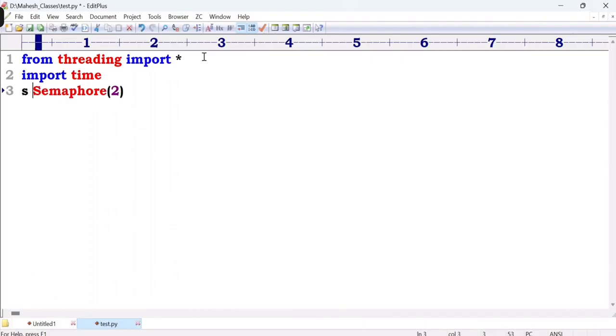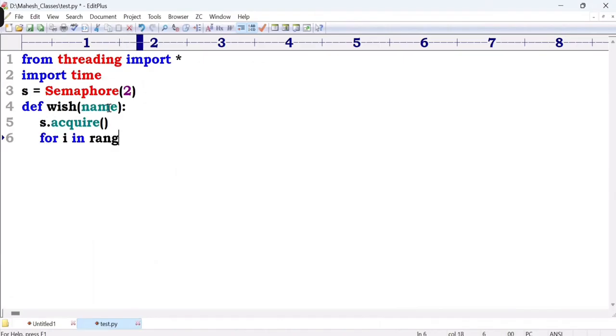At a time, two threads I am giving permission, so semaphore of 2. Suppose, as in the last class, you declare one function with def, whichever name I give. Then, sir, what is the command? Acquire. This is the common one. For i in range of 10,